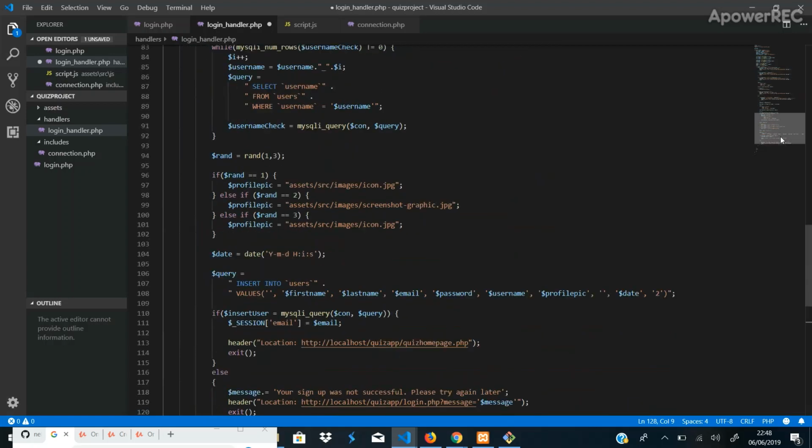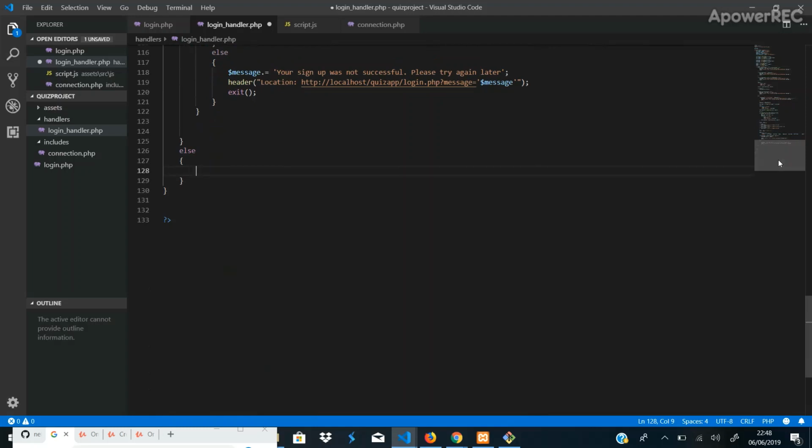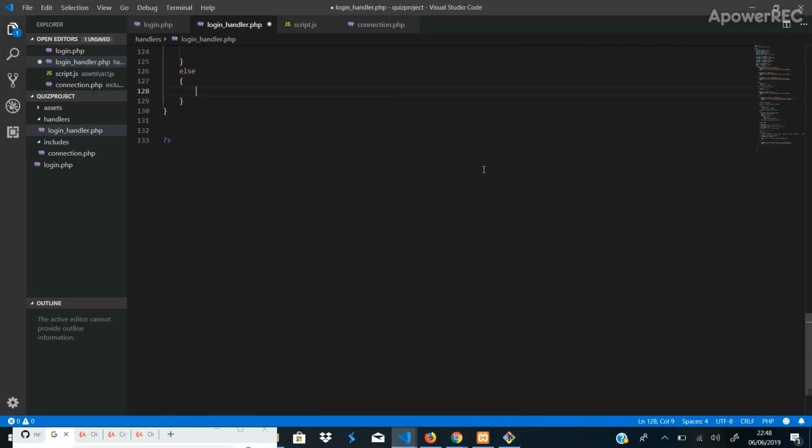That is the else condition, okay, which means we're only trying to log in and we're not basically signing up. Okay, so if we're logging in, now we would have to write a different query, or well, more or less, and say,